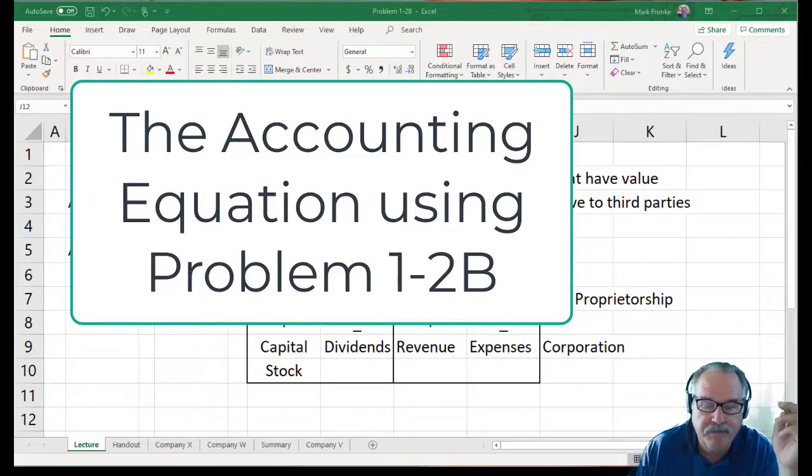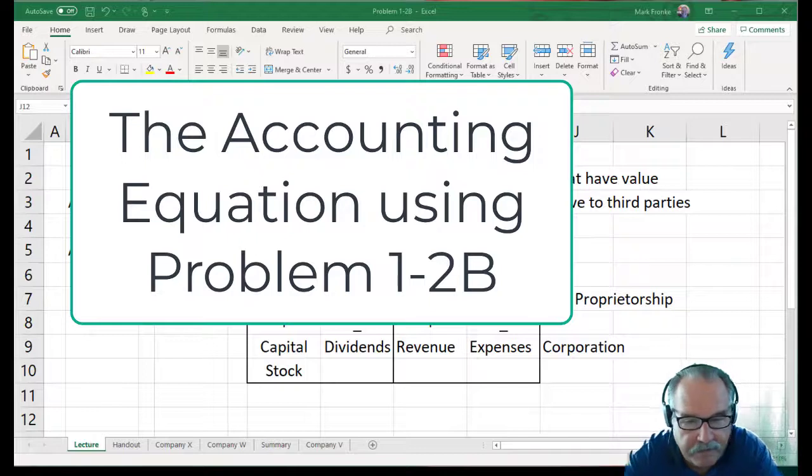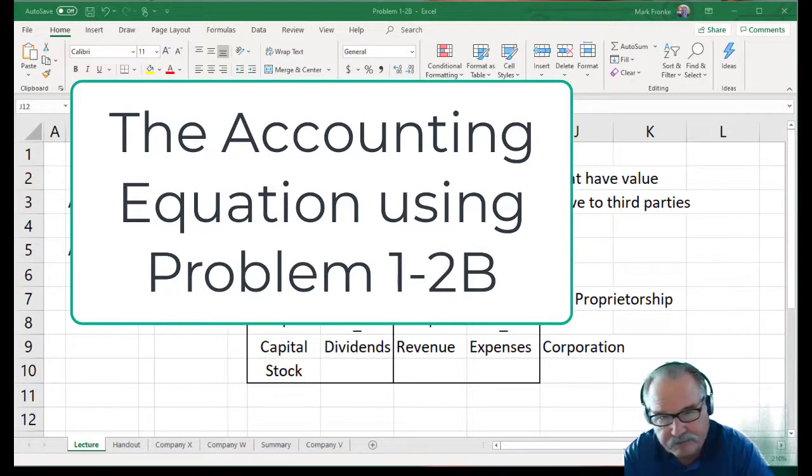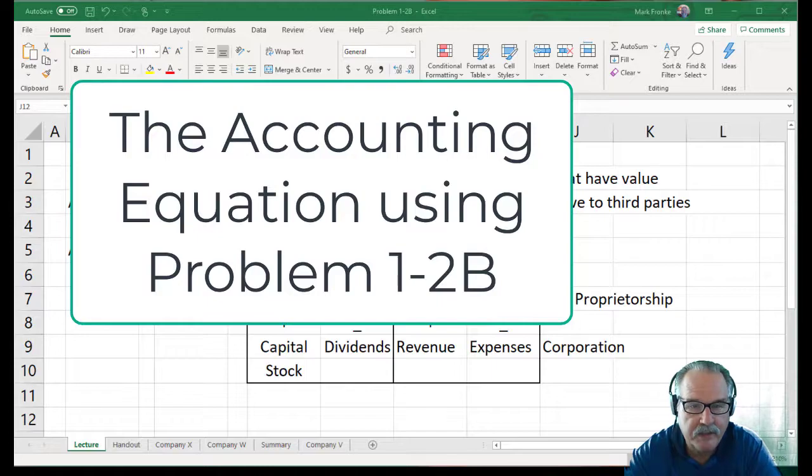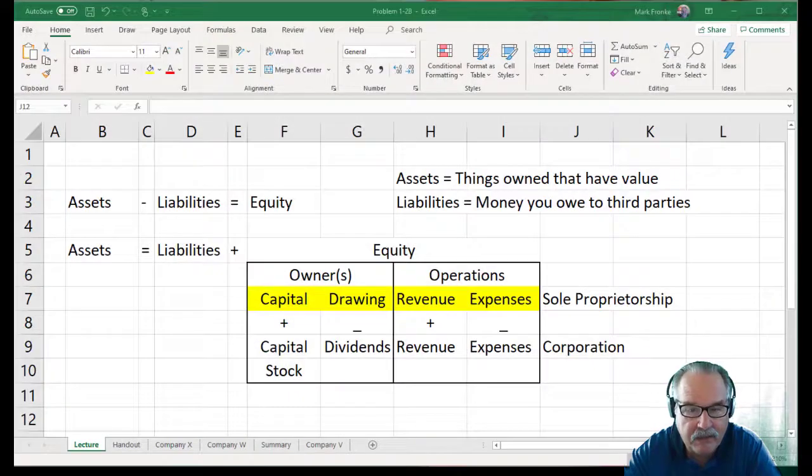Mark Franke here. This is chapter 1 for Accounting 101, and we will go through the basics of how the accounting process works, and we'll then do problem 1-2b. So let's get started. The accounting equation that was designed by the Italian monk back in the 14th or 15th century